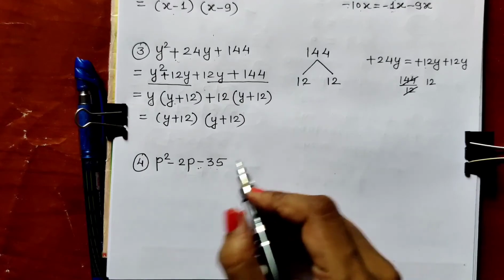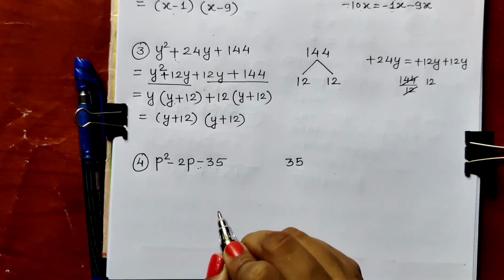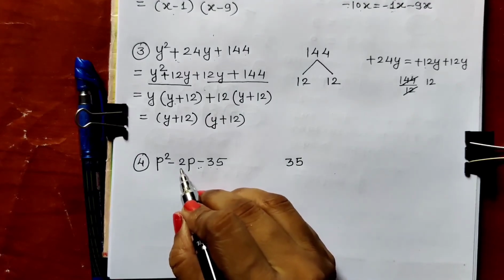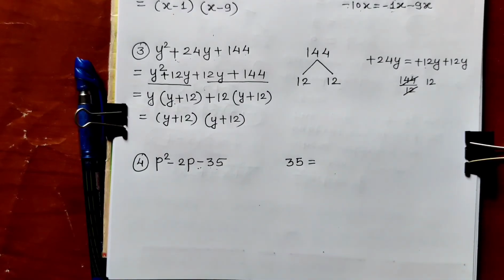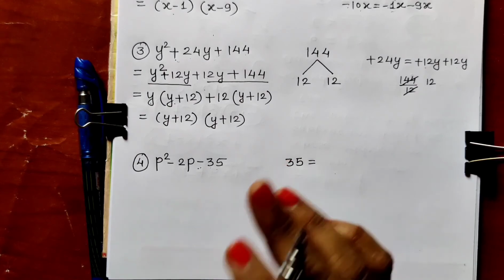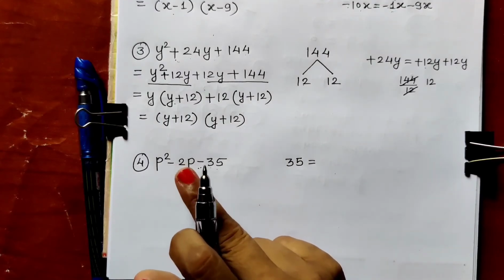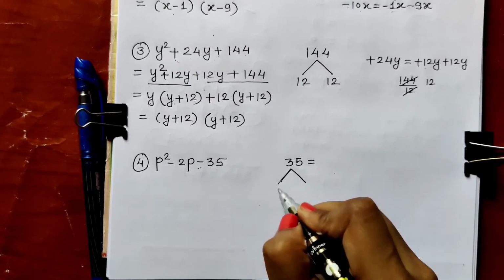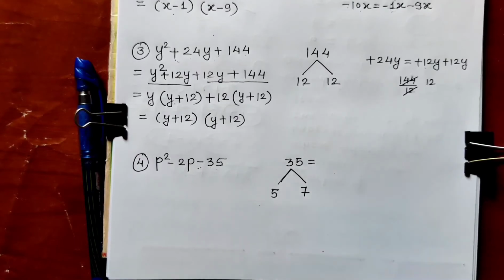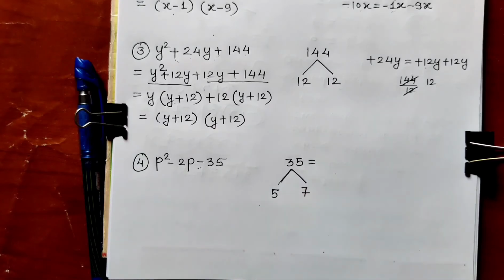Okay, so here we have to find out two factors of 35 whose subtraction should be 2. So two factors of 35. Which are the two factors? 5 7s are 35. We all know these are the two factors. First two factors will be 1 into 35. But 1 and 35, 35 minus 1 is not 2. We require the subtraction 2. So we will write these two factors. 5 7s are 35. And 7 minus 5 we get 2. So in this way we have to find out the factors.